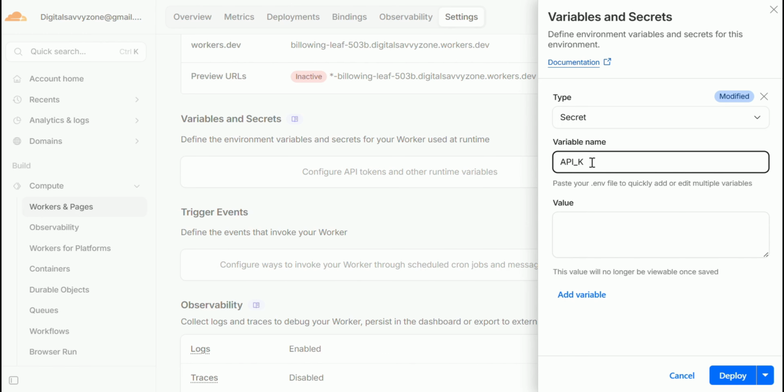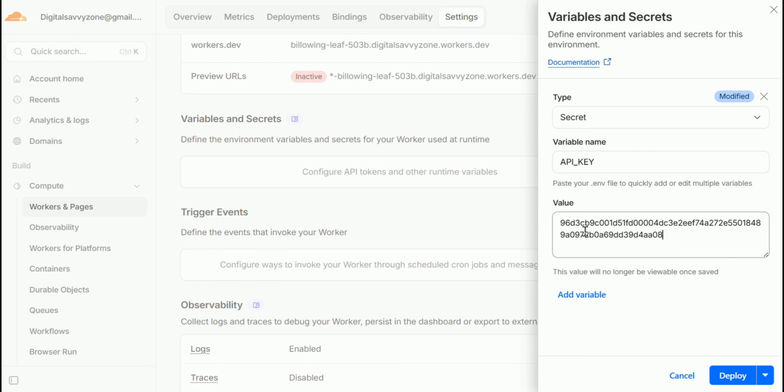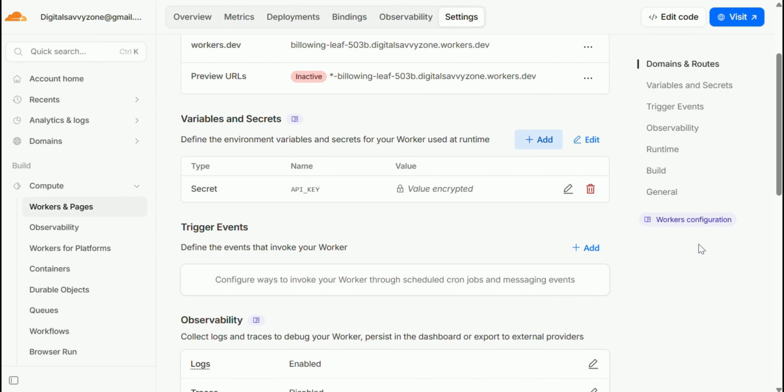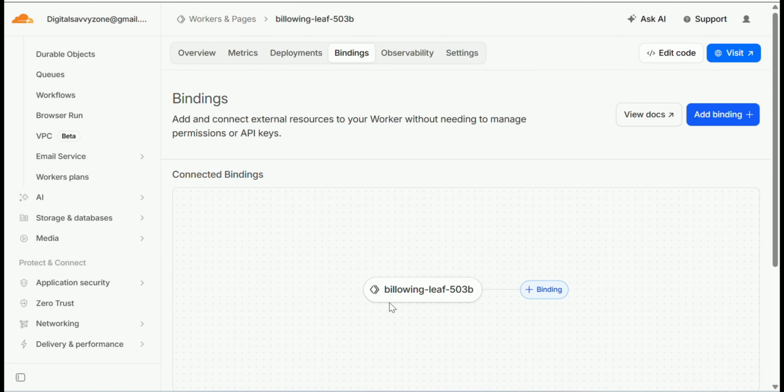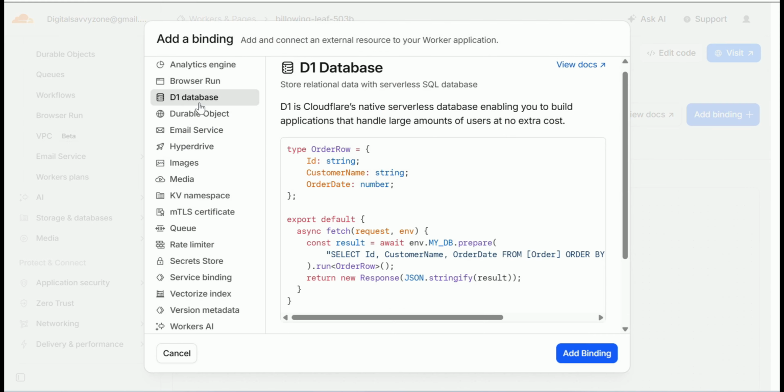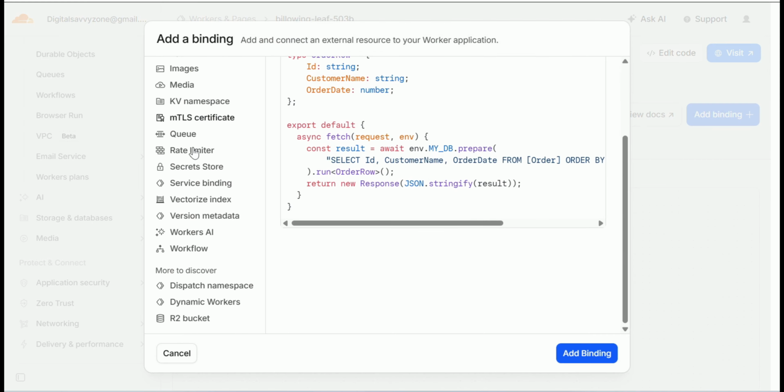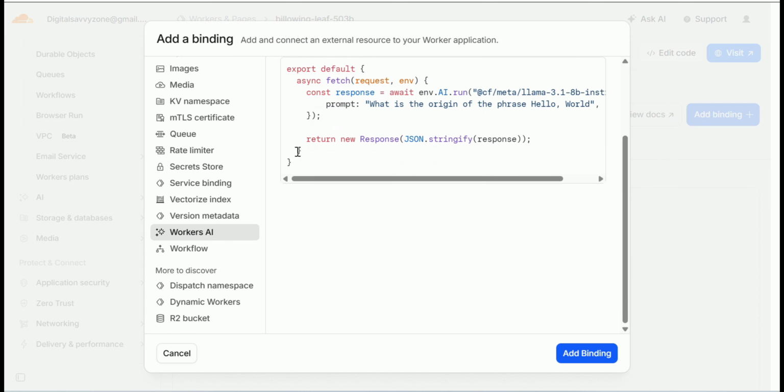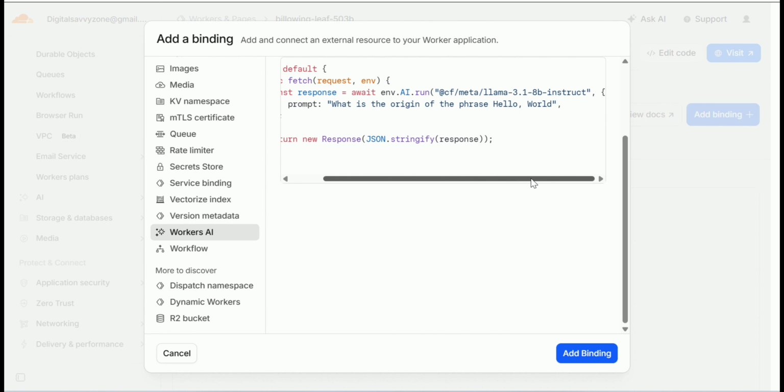Next, go to Bindings. Here, we bind an AI model into our function so we can generate images using prompts. So after setting up the worker, the next important step is adding a binding called Workers AI. This basically connects your backend directly to powerful AI models inside Cloudflare. You give it a simple name like AI, and now inside your worker, you can call AI models just like using a built-in function. This is what makes the whole system powerful. You don't need external APIs or complex setups.